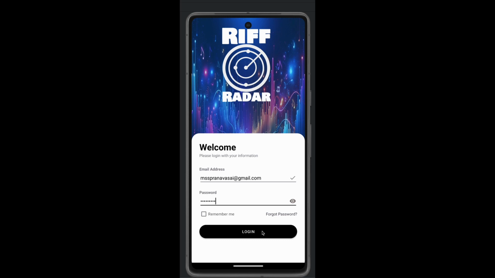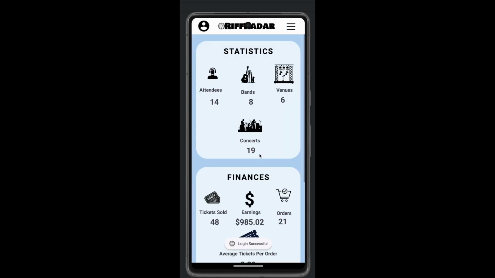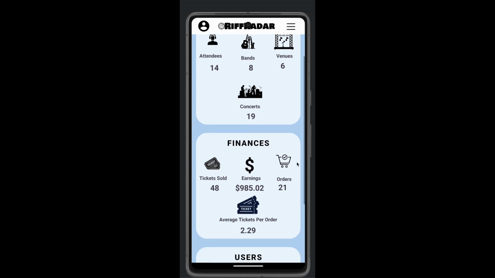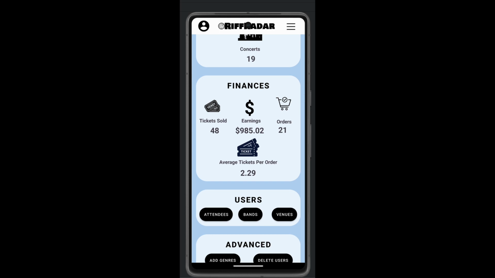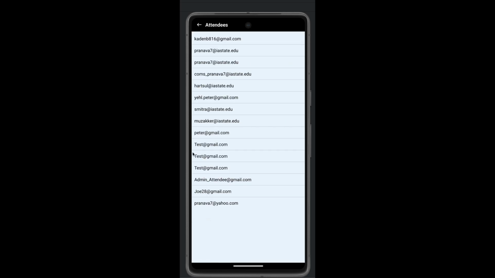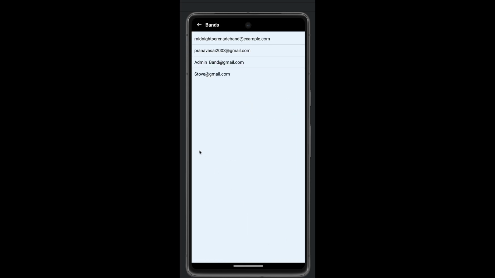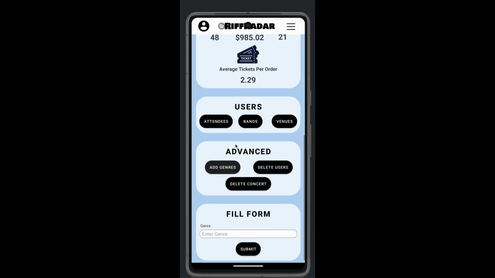Admins, just like regular users, must log in. Once logged in, they view statistics such as attendee, band, and venue numbers along with registered concerts on the dashboard. Admins also access finance sheets detailing ticket sales, earnings, number of orders, and average tickets per order. They can view a list of attendee, band, and venue emails and access advanced features like adding genres or deleting users